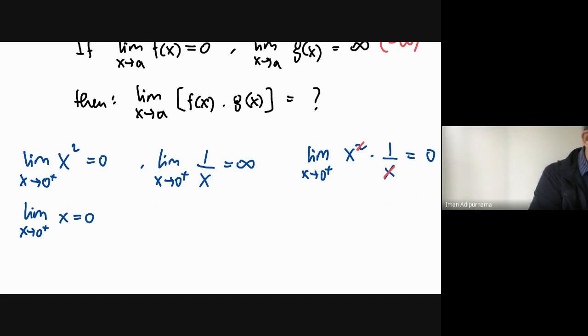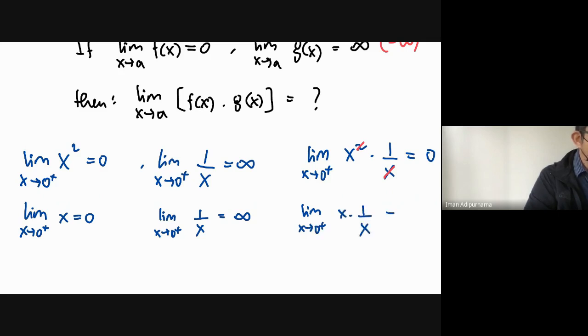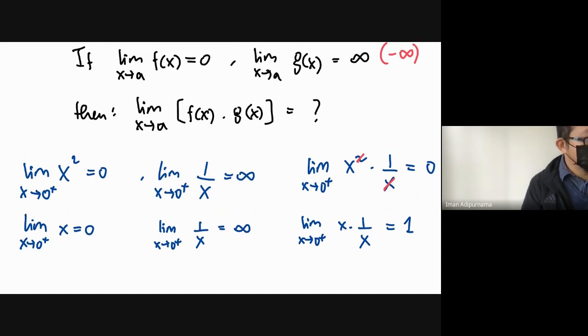If this happens, it's 0. Another one here: say we have 1 over x like that. This is actually infinite, but when we have multiplication here, we know that this will result in 1. So there is some compromise if this happens, but for other functions that are still in relation with this